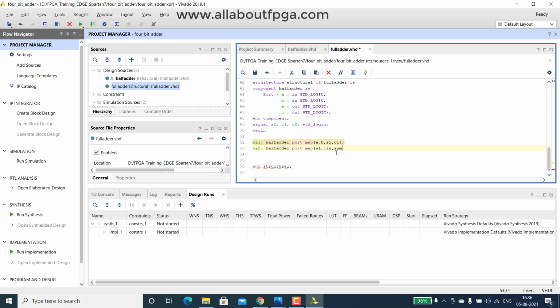There are no intermediate sums here. Then next would be carry 2. Once this is done, we have to declare the carry out. Carry out is nothing but C1 or C2. That's all. So we have simply created a full adder using two half adders. Structural modeling.